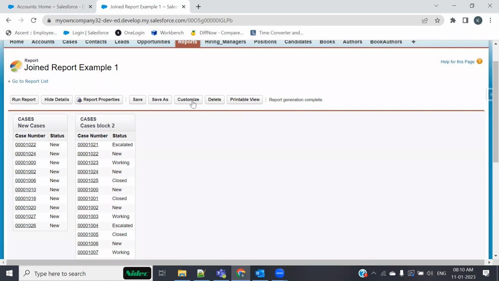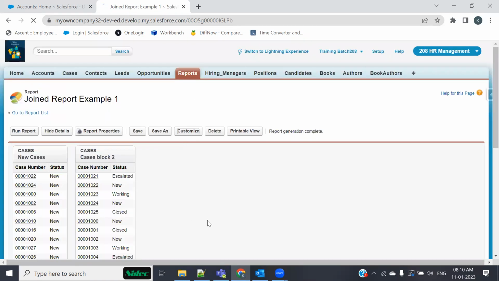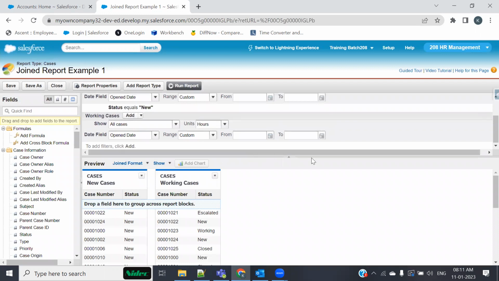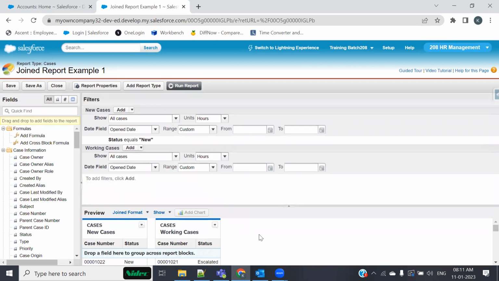All right. It is showing you all. But let me apply one filter over here as well. So I'll go back and customize. And to this, just make a double click. To this block, I'm giving the name as working cases. Working cases. Now see, as and when you give the name, if you have observed this or not, you can observe this later on because I have to add 2 more blocks.